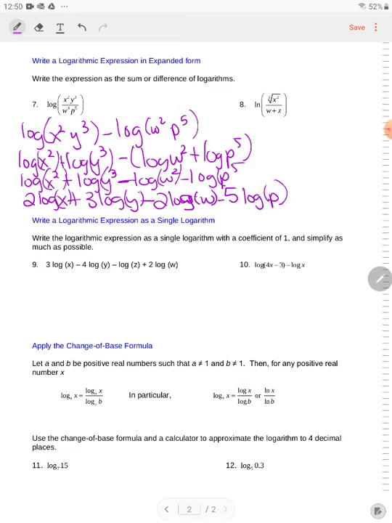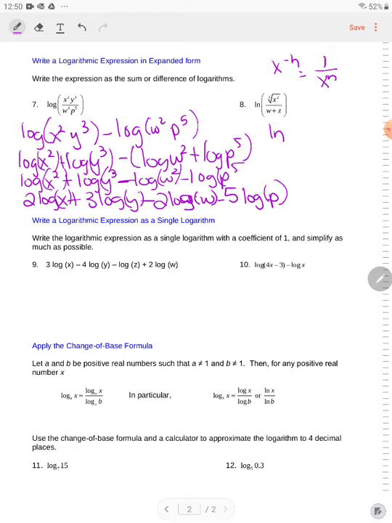Okay, now, another way to look at this is to say, I remember that x to the negative n is equal to 1 over x to the n. So we could rewrite those with negative exponents and save a little bit of work here. I'll show you what I mean. So let's look at number 8. I'm going to write number 8